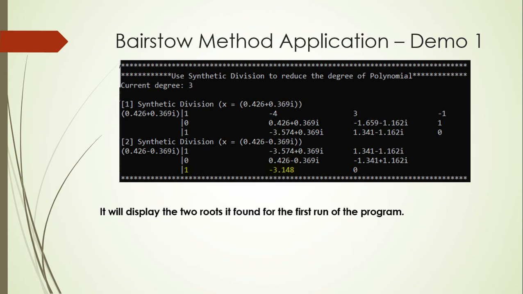Using synthetic division to reduce the degree of the polynomial, it has currently only reached degree 3. So again, using the value of x, which is 0.426 plus 0.3691i, and also minus 0.3691i,